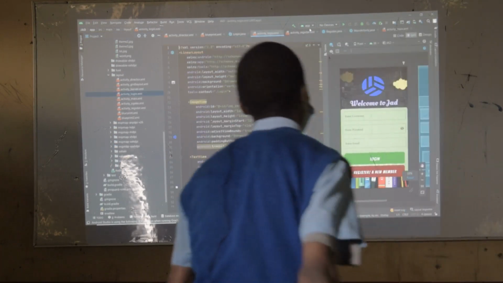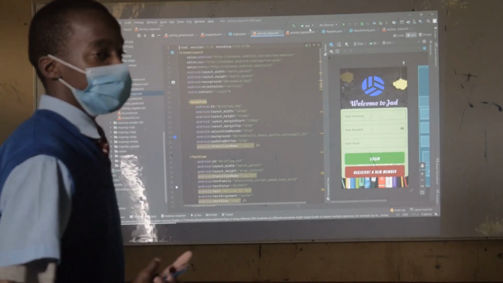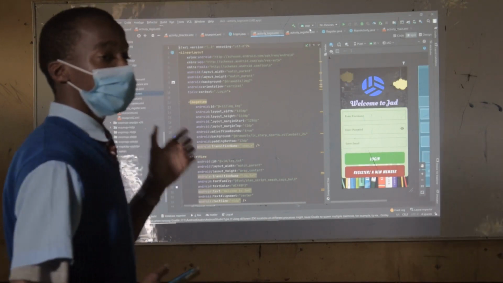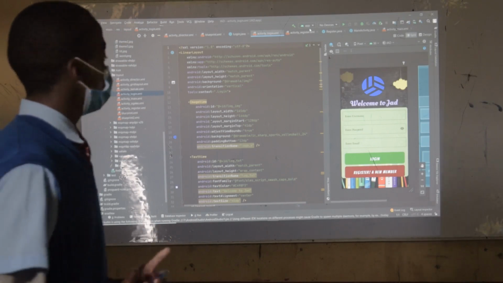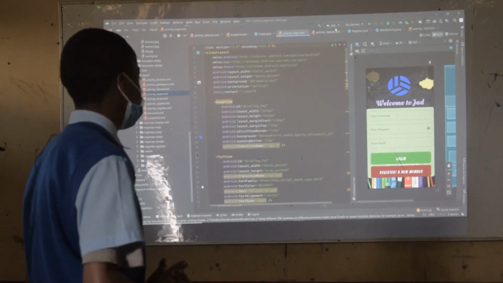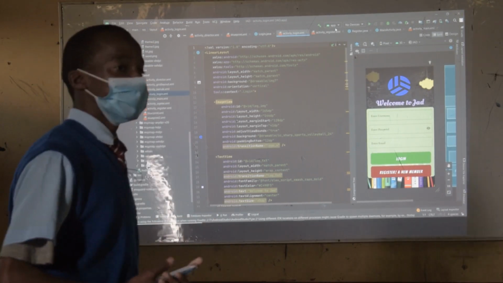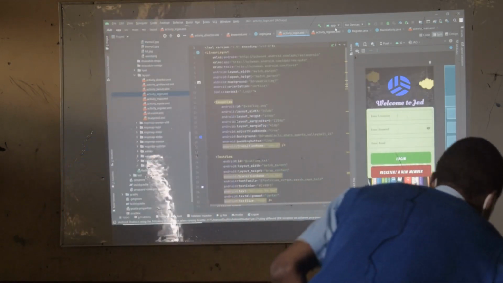So this is the login screen. Once the activity has run, it will take you to the login screen. Here you can enter your username, your password, and your email account. If you're a new member and you have not used this app before, you can click on the down button, register a new member, and then it will take you to another activity referred to as